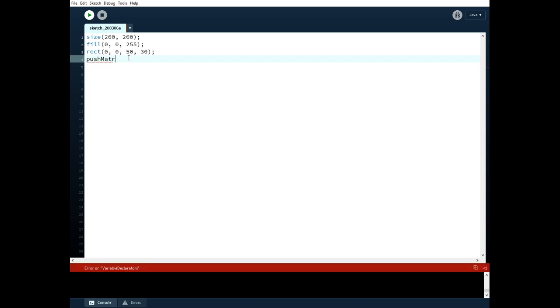Push matrix. Now what this is really doing is saving. It saves the origin settings. And why that's important is we want it to save at the default, because that's the best place to be. I'm going to give it an extra space in here because we're going to make a change. And so we're going to say translate